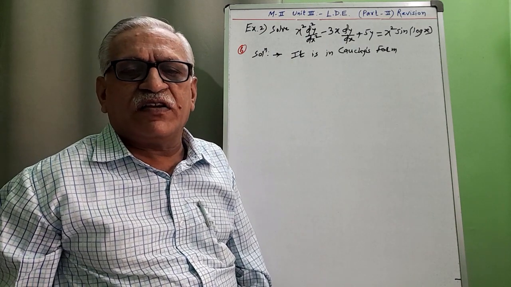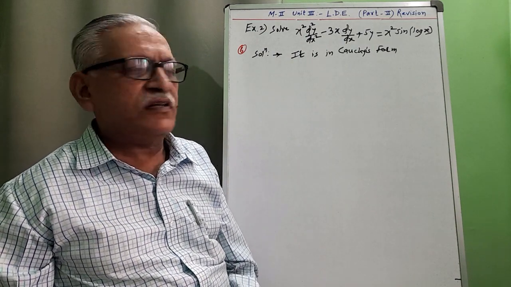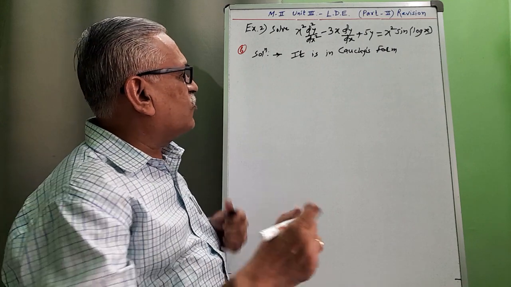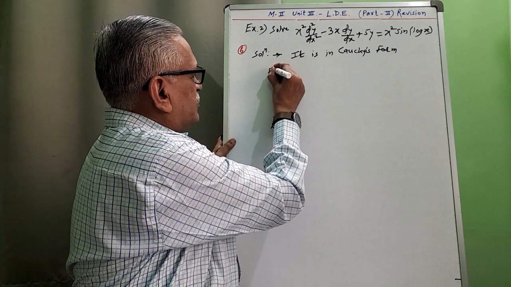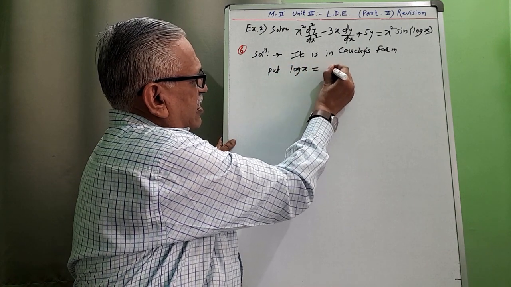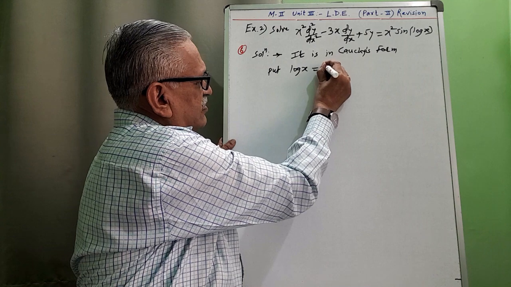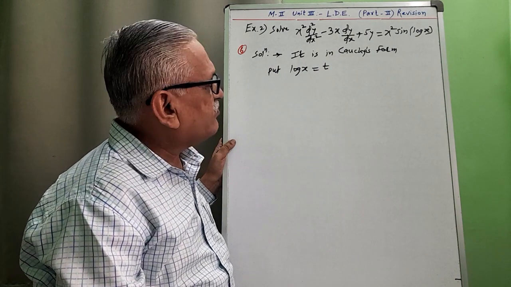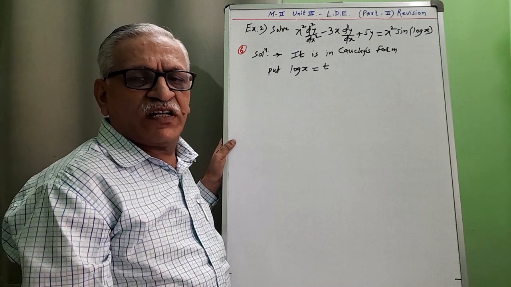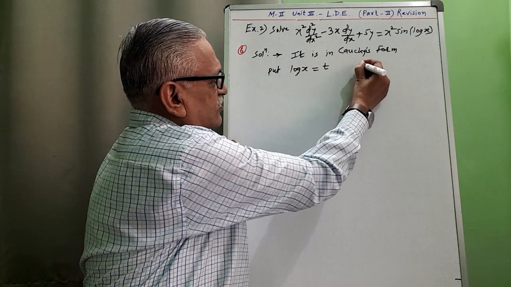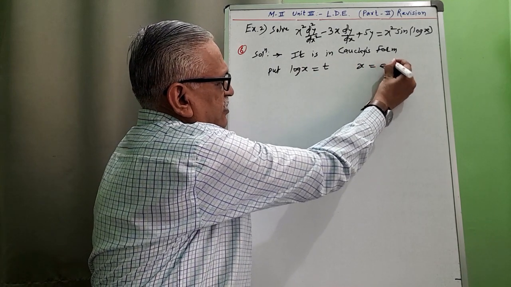This is a linear differential equation with variable coefficient, first type. And to obtain the solution, we have to use the substitution log x as t or z, whatever new variable. Transferring this to the other side, we get x is equal to e raised to t,